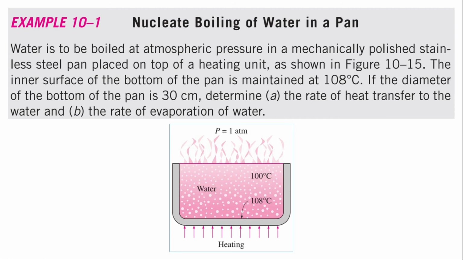If you remember, when delta T excess is greater than 5, the region falls into nucleate boiling, and it is also given in the question statement. This is nucleate boiling. You have to remember that based on the temperature difference between the surface temperature and the saturation temperature, you can easily determine the boiling regime, whether it is nucleate boiling, convection boiling, film boiling or transition boiling, depending upon this delta T excess.